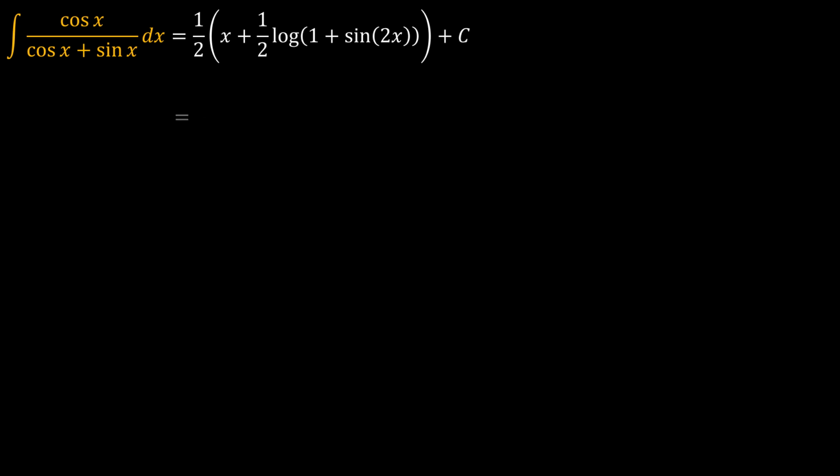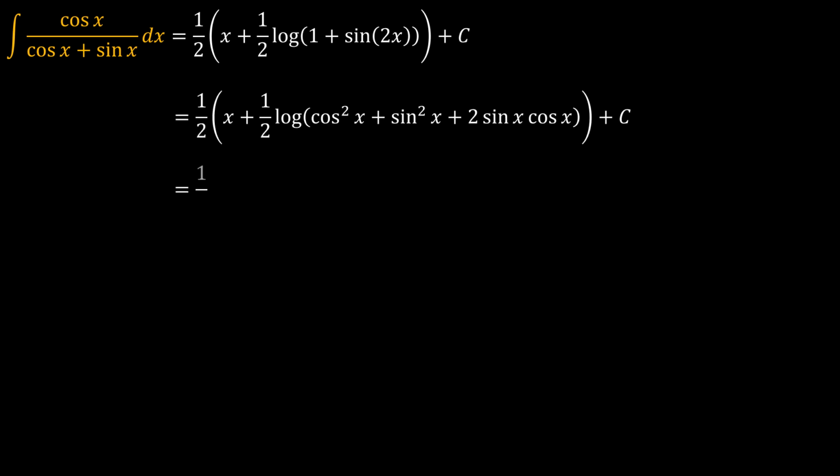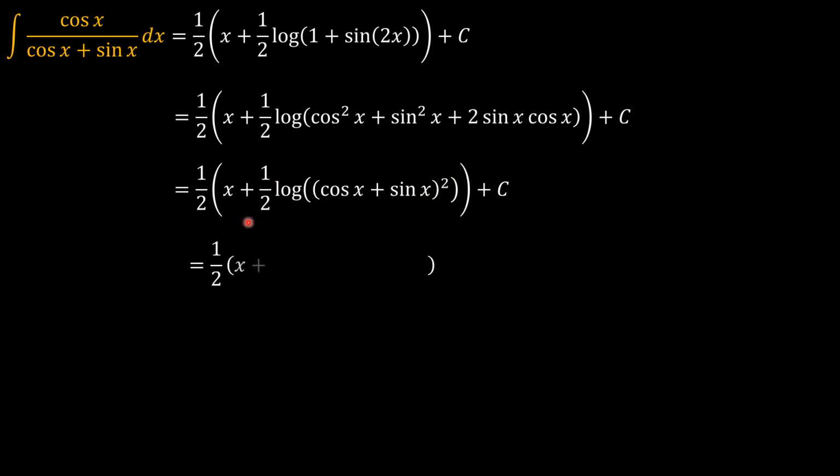Obviously, you can simplify that further by saying, okay, 1 is cosine squared x plus sine squared x, and then sine 2x is 2 sine x cosine x, and that means that that is the same as cosine x plus sine x squared. And using rules of logarithm, the 2 can go out there, and so we have now half times x plus natural logarithm of cosine x plus sine x, obviously plus integration constant, and that